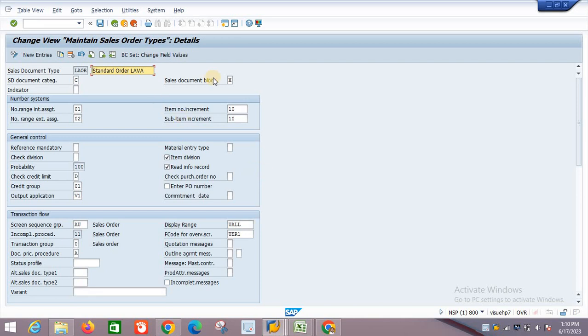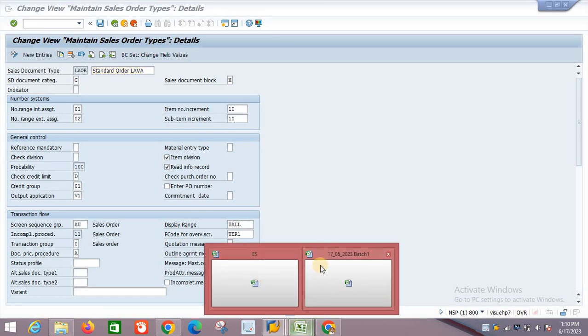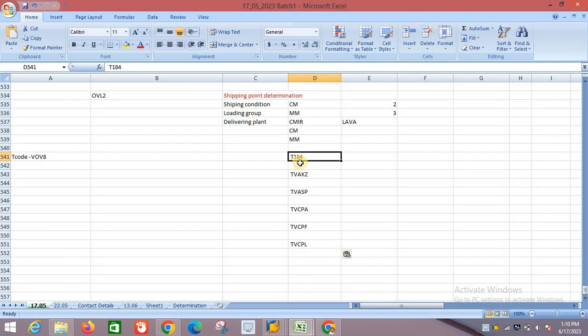So I blocked that document, and before that I just want to go with that table. What is the table? T184. I will copy that table and show you what the functionality of that table is.